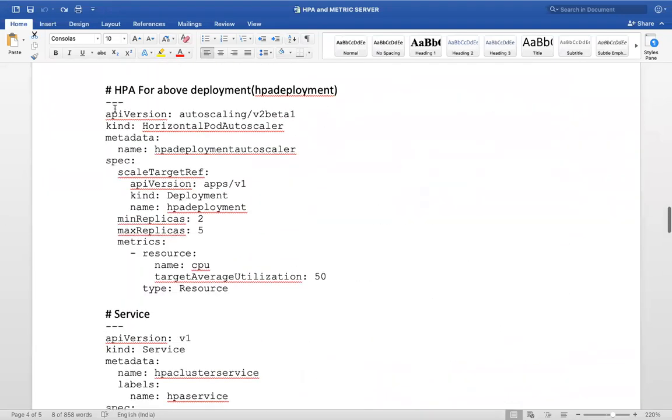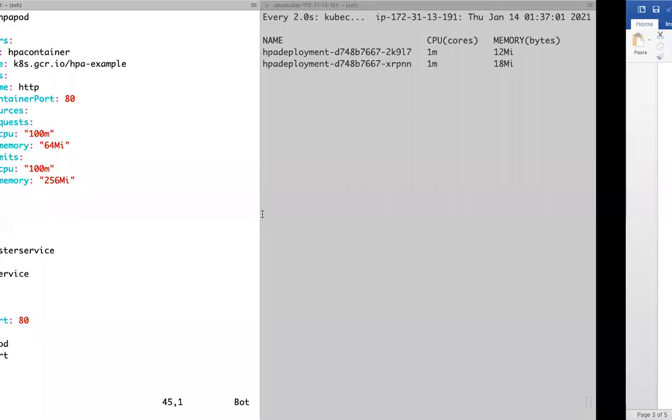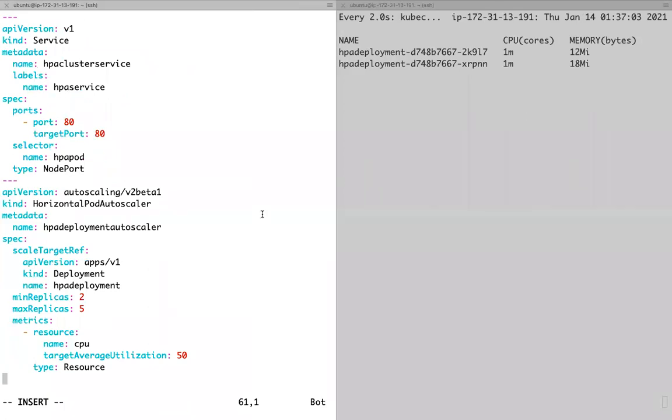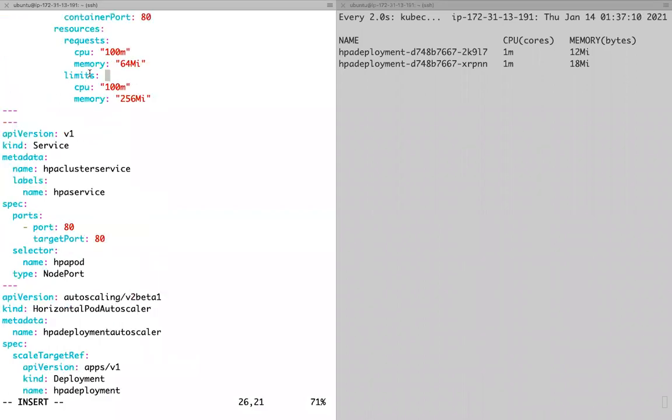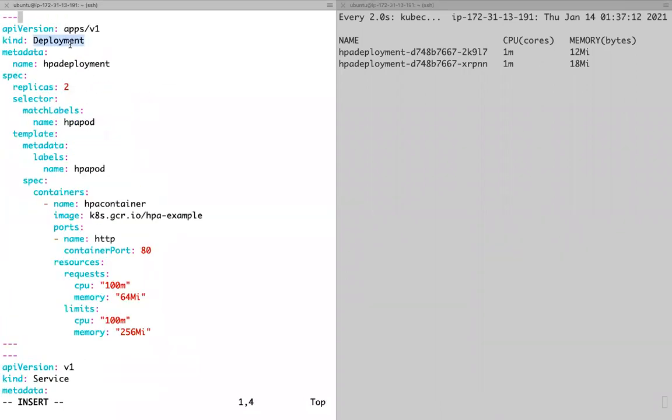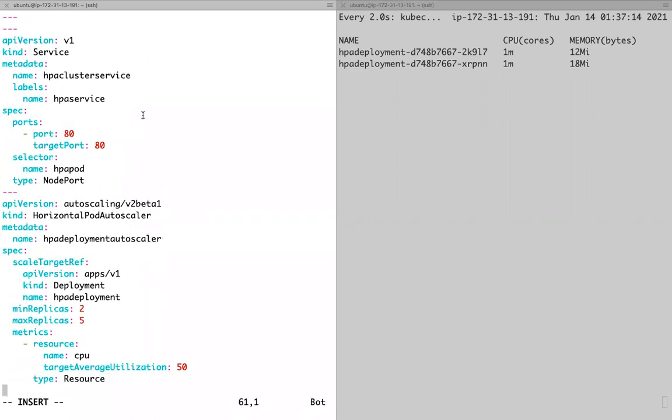Something like this. This is that object. So how are we linking this pod autoscaler with this deployment? If I have another deployment also, for which one?